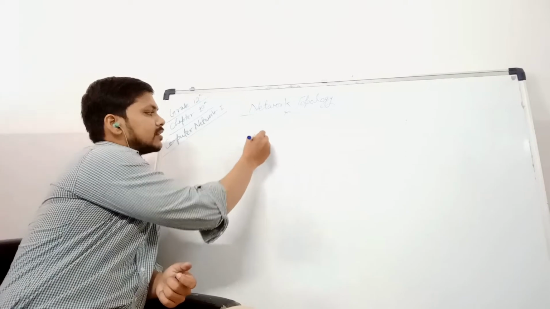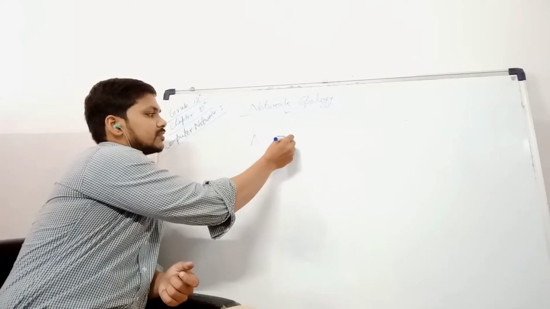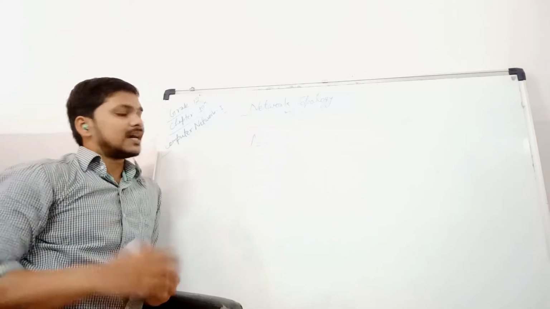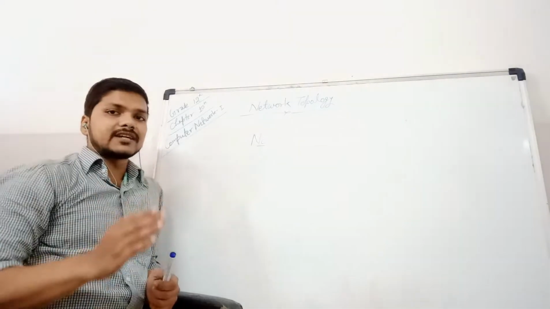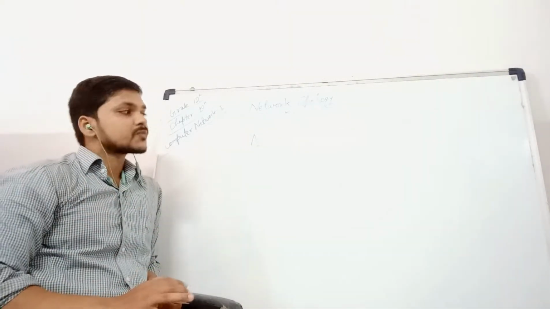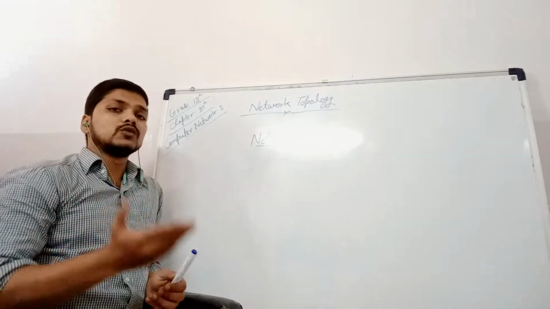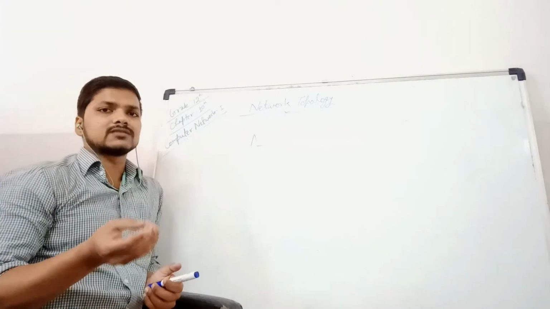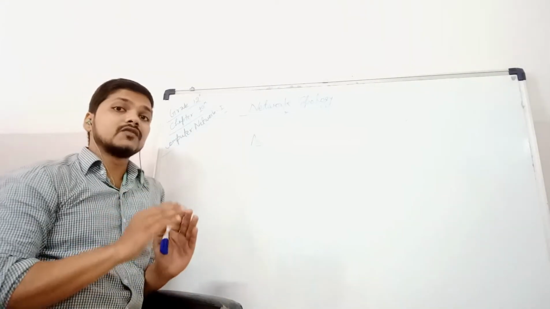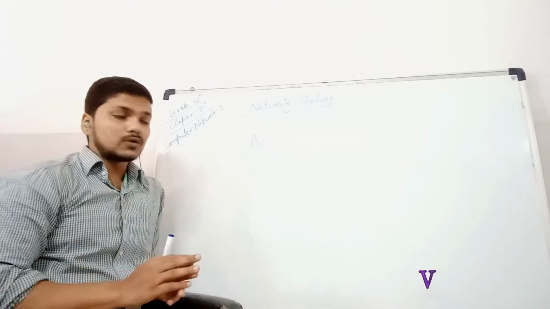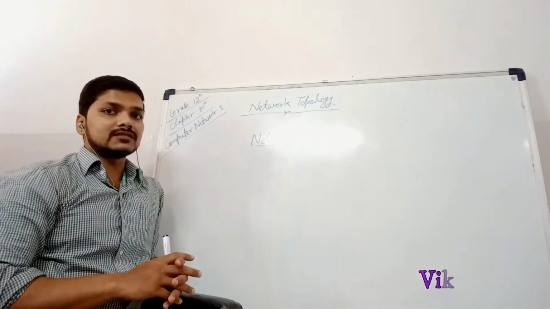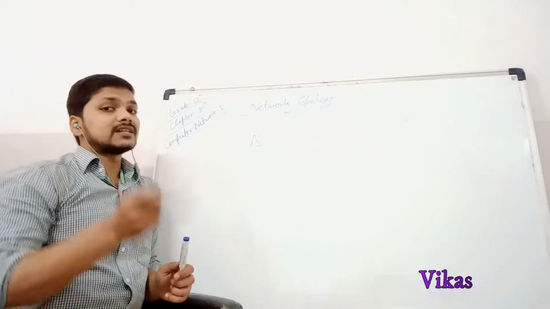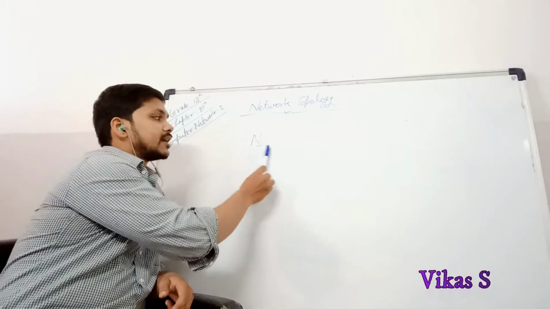As we all know, what is the meaning of network? These things we have discussed before. Network means it's a type of arrangement, or we can say a setup of one or more electronic devices. For example, if we are connecting electronic devices like smartphones, computer systems, printers, scanners with the computers, and we want to connect all these electronic devices among each other, at that time that connectivity or setup will be known as network.